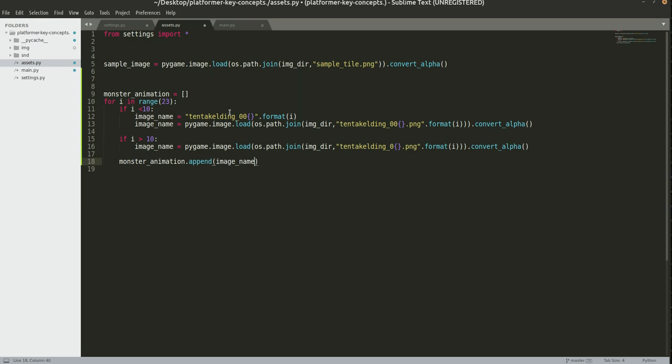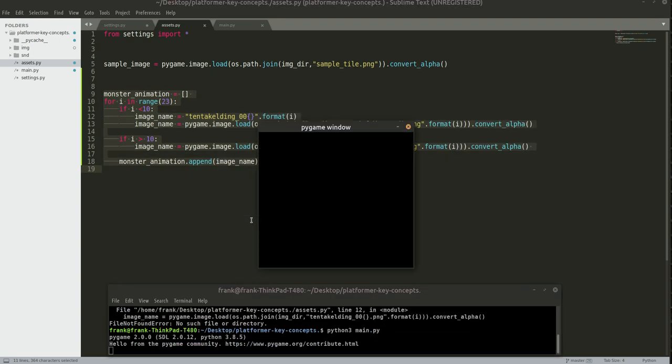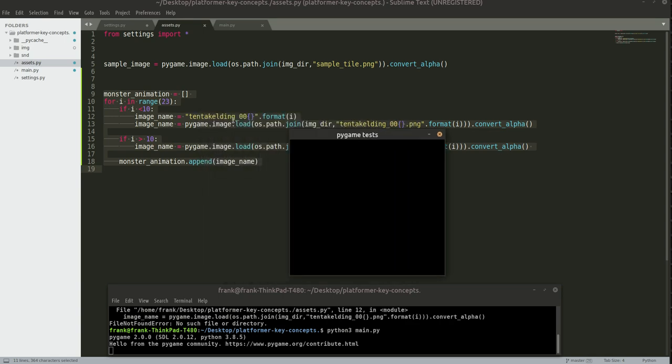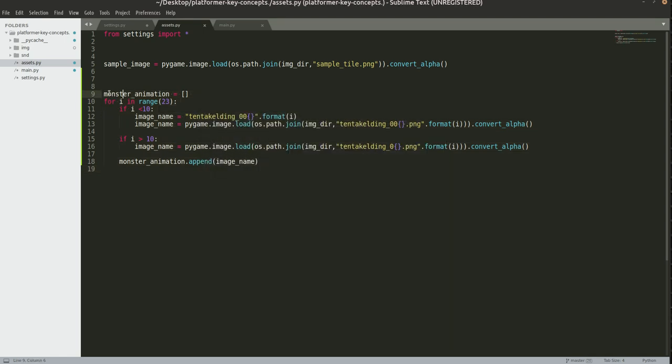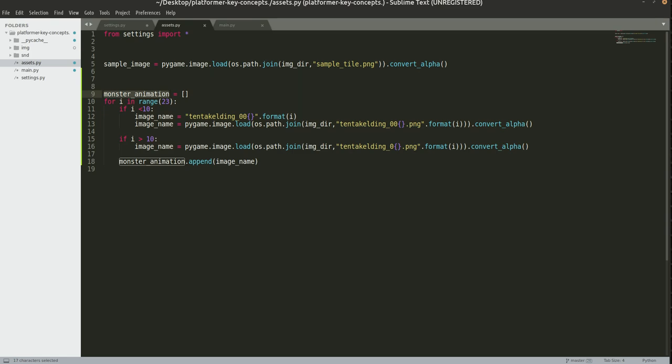So this is a one-time operation. When you load the game or run the game for the first time, it will check the assets, run this for loop, and take care of the images only once. And let me check if everything is working. Alright, we don't have any problem. It means it ran the for loop, it loaded the images, and all the images are now available in monster animation. So this is the first part,